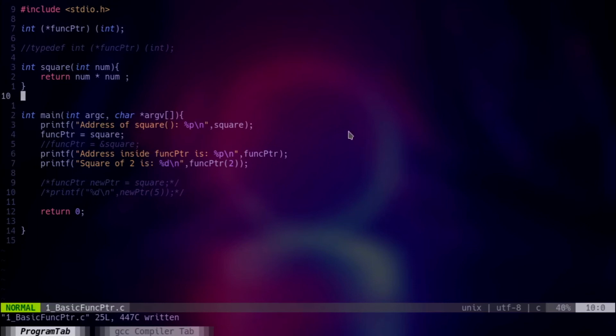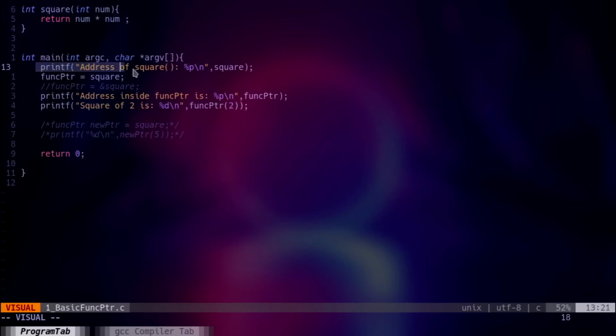So this will be the first program we will look at. It is very simple. This is a very basic example of a function pointer. Here you can see I declared a function pointer using the normal syntax. This function pointer, named funcptr, can hold the address of a function which takes an integer as an input parameter and returns another integer. Here you can see I declared a simple function called square, basically used to find the square of a number. So here, first of all, I need to explain some basic concepts related to functions.